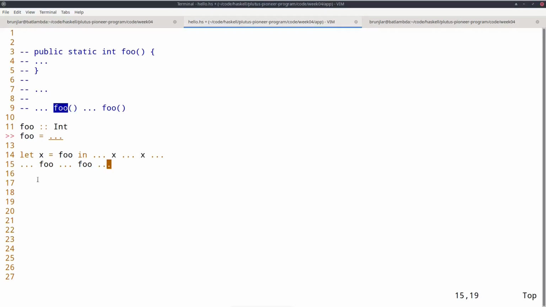And I'm guaranteed that this term in line 15 and the term in line 14 will have exactly the same behavior, semantics, value. And that's this referential transparency. So that's a very nice feature. It makes many things much nicer in Haskell than in other languages.